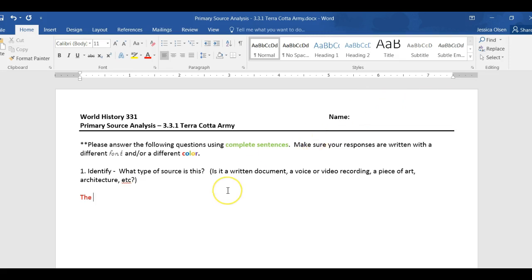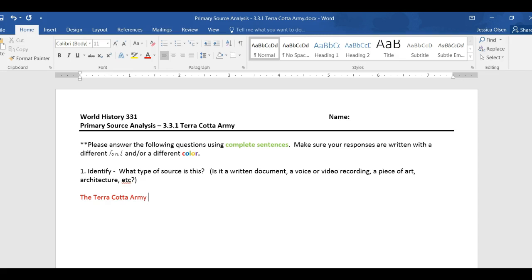A source could be a written document, a photograph, a recording, a piece of art, maybe a form of architecture. In the first question, it will always ask what type of source it is. If we were doing this one, which History 331 will actually do, about the Terracotta Army in China, what type of source is this? You would answer, because you always have to write with complete sentences,